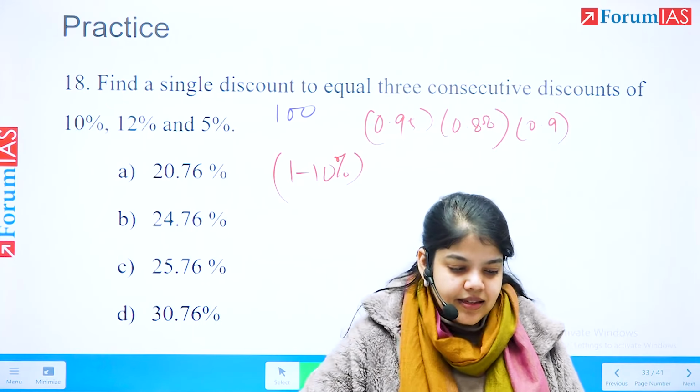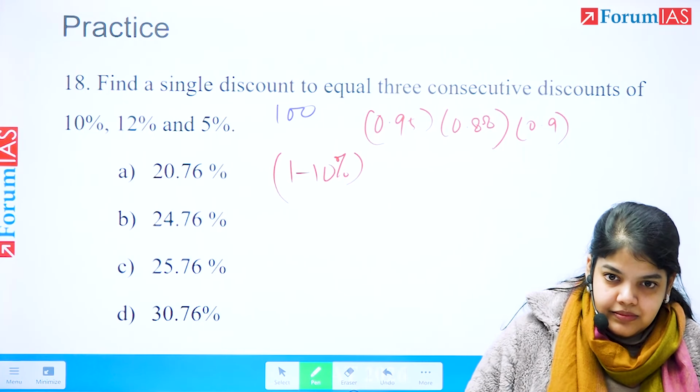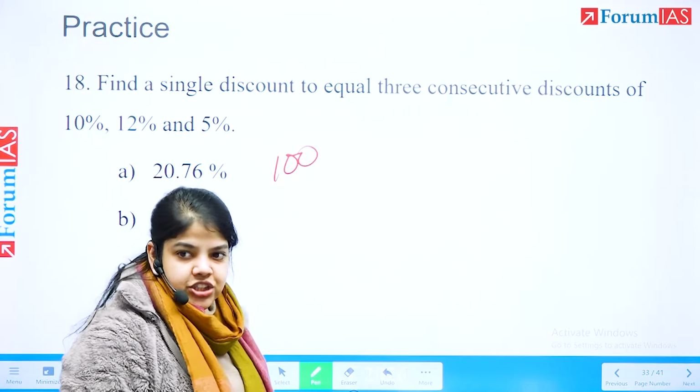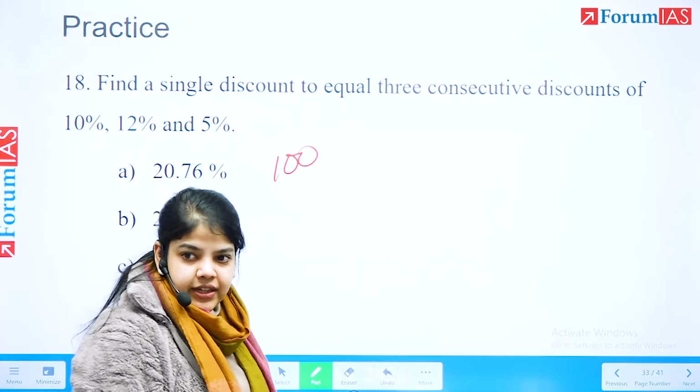When there are 3, okay, let's say prices originally you had 100. Originally we had 100. We do a discount of 10%. How much do we subtract? 10. What do we get? Oh, let's do originally a discount of 12%. Okay, we subtract 12 rupees. What do we get? 88.